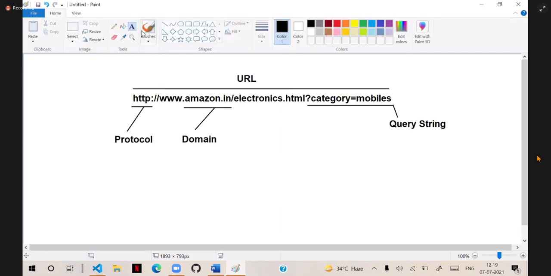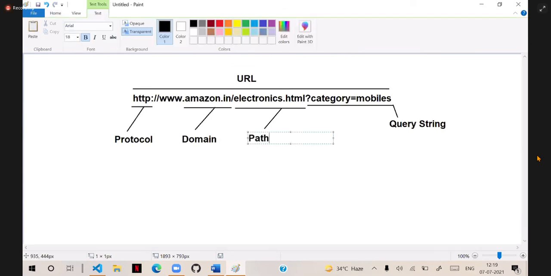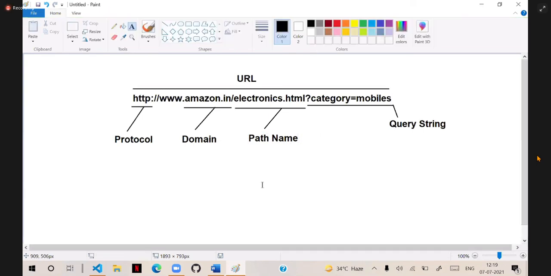And this, electronics.html, in some other folder it may be there. This is the path and page. So that is the path name. That means it is accessing which page, that is the path name configured.